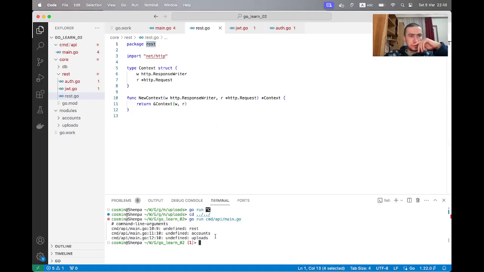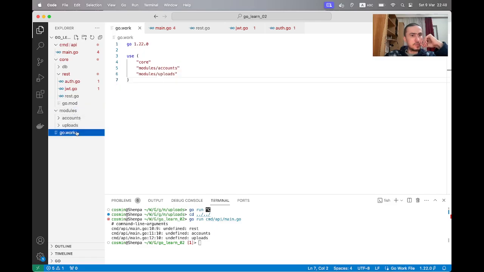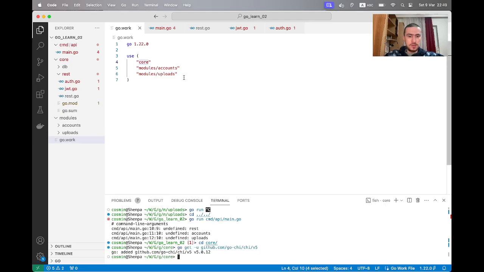So as we seen earlier, the core module contains the core folder is a module, as these accounts and uploads we defined in Go work file. So we have to include Chi library within the core module. So we include that package,